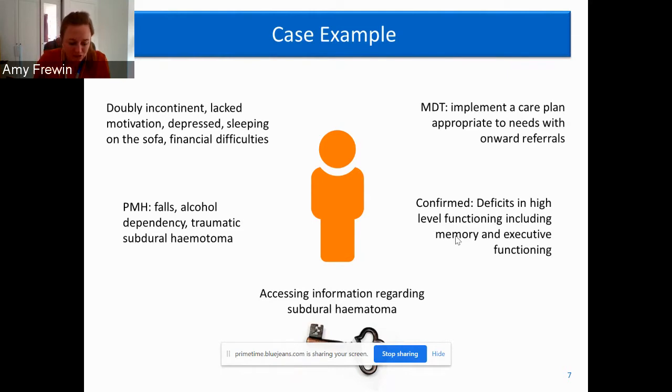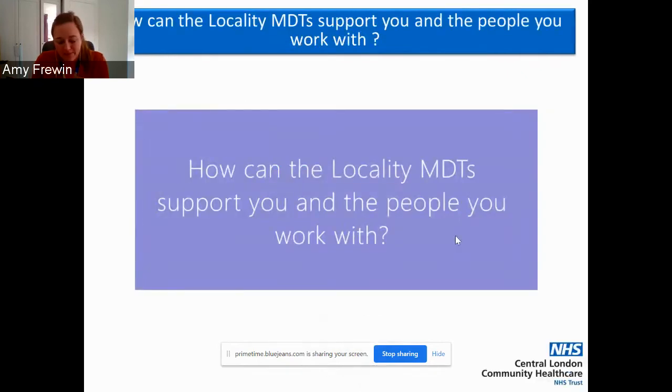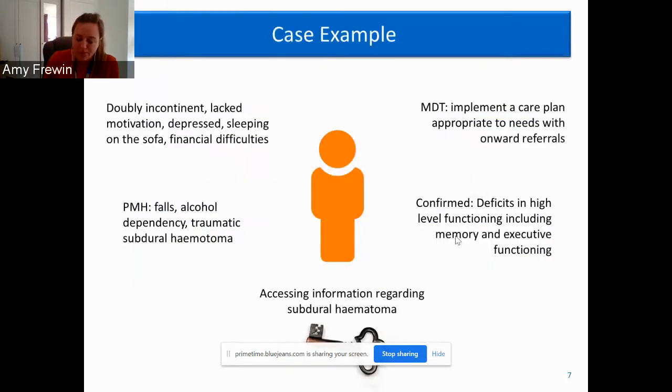So the decision was made to schedule an MDT meeting, which was attended by the adult disability social worker, community navigator, OT and home care provider, including the consultant geriatrician and the complex case manager. Being able to review all the evidence and investigations that had been completed, we were able to come up with actions around increasing her care package. The financial difficulties were actually because she couldn't remember her PIN, so the care agency were going to support her to the bank to access her money.